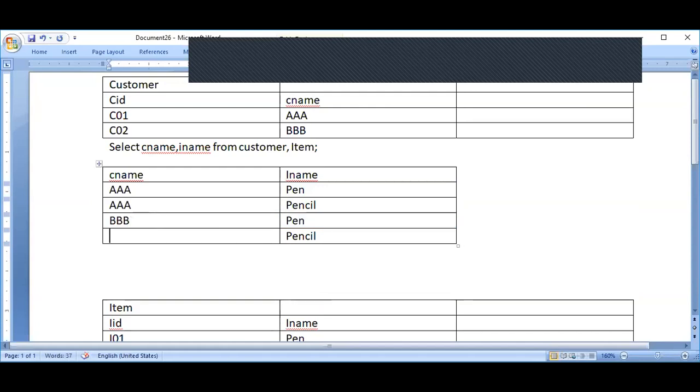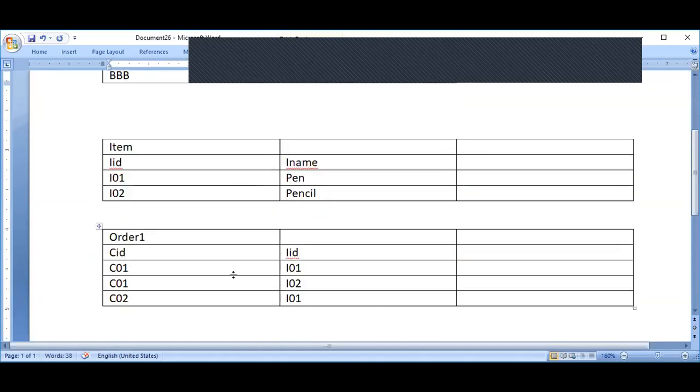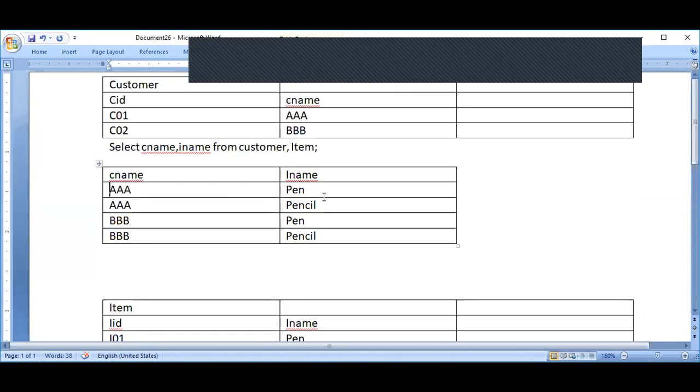It's like this. So the output is going to be like this. When I join, now you can see the proper tuples. If you look at this example, which are the proper tuples? That first customer, these two are proper, like for example, these two are correct as per our data.